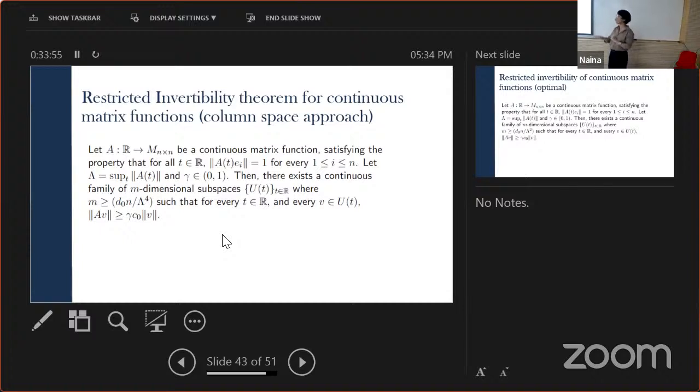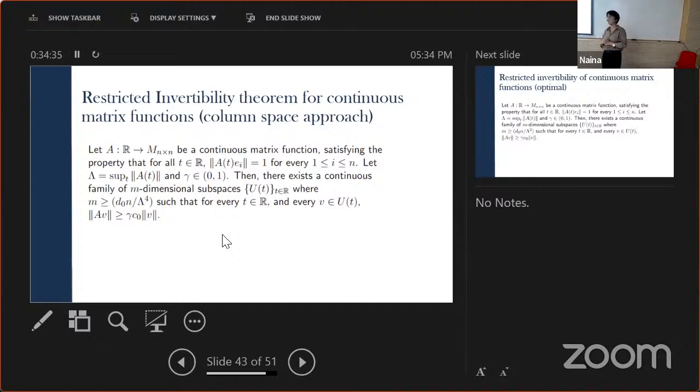But because we're applying it iteratively, we end up compromising on the dimensional estimate. In the original Boolean theory, we had lambda squared, but because we're applying it twice, we end up getting lambda to the power 4, which is not optimal anymore. To overcome that, we came up with the second proof. So in the first proof, as I said, we block off some columns. As long as we're not blocking too many columns, we can still find enough columns where well invertibility holds, and we can stitch them together using this quadratic convex combination.